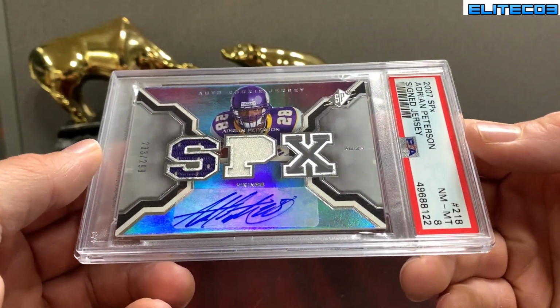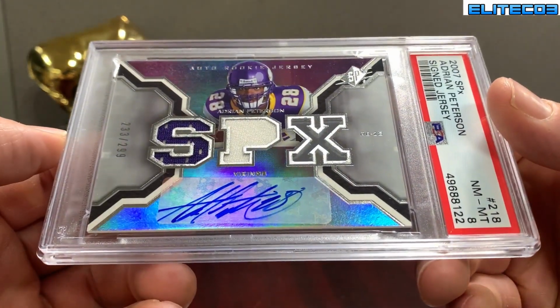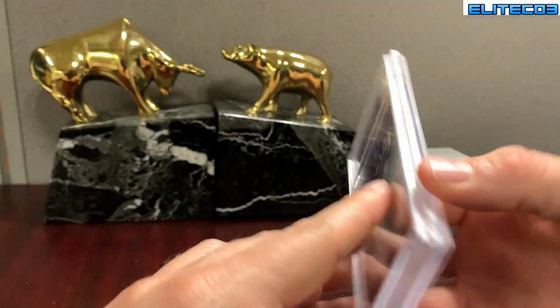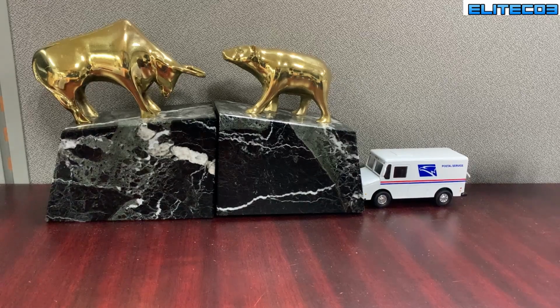So I know I just sold a 7 for $300, which I thought in auction was pretty strong. Here's an 8 with the 2 colors. Nice card. Yeah, I think Peterson stuff's steady, and I think over time it'll rise. I don't think it'll ever just spike, but